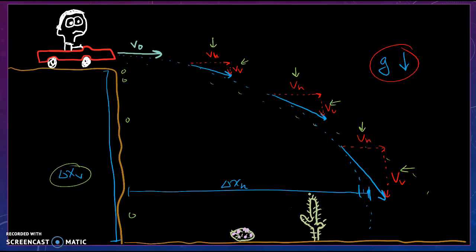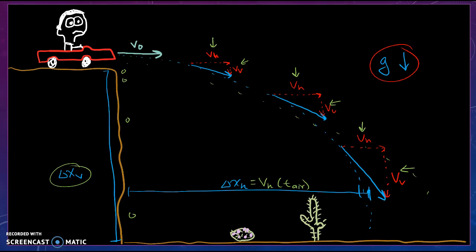So if we know the horizontal component, which we do in this case because it's essentially what it drove off the cliff with, and if we know the time it takes from this vertical motion, then we can say that this will just be my horizontal component times the time it's in the air for. Okay,